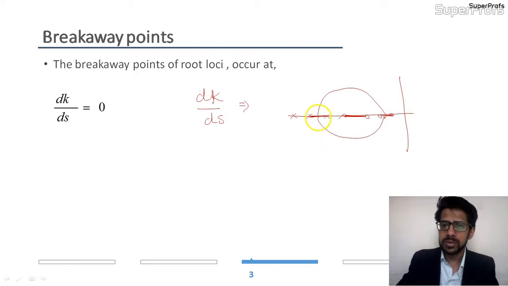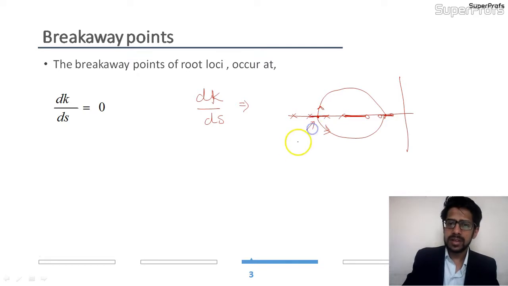If you look closely at this particular point, we have 2 roots, or the multiplicity of roots. These are the points at which there occur 2 roots, or multiple roots, and this point P and this point Q are known as breakaway points, which are calculated by